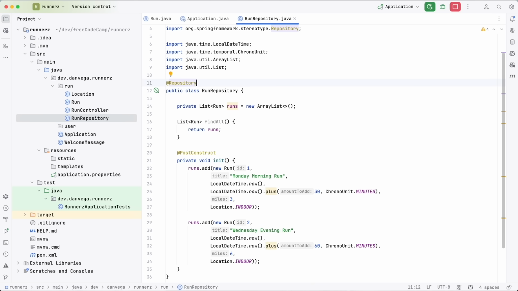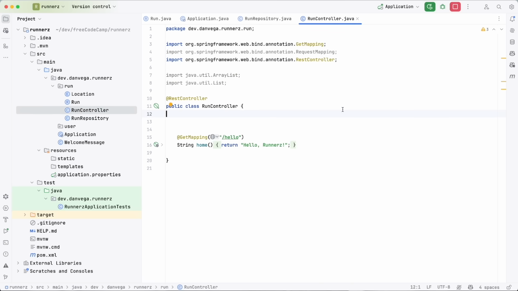So this is now in the application context. So Spring has an instance of this class for us. That's important to remember. We'll come back to that in a second. So we have this class that has the ability to store runs. We have a method that can find all of the runs in the system. So what I want to do is go back to my run controller, and I want to go ahead and